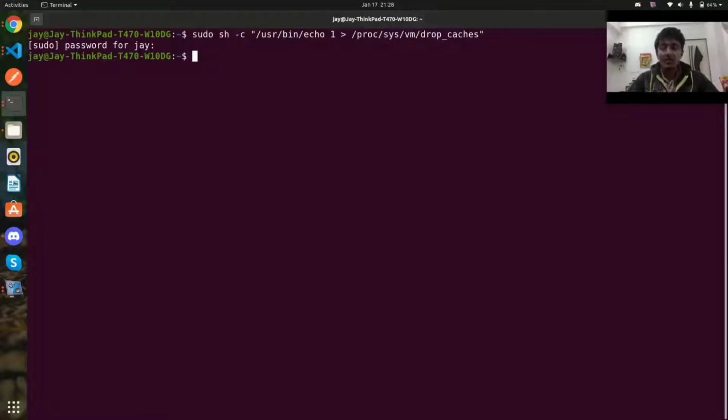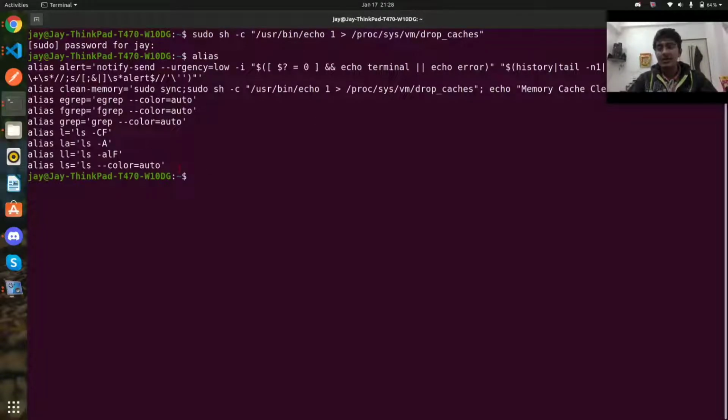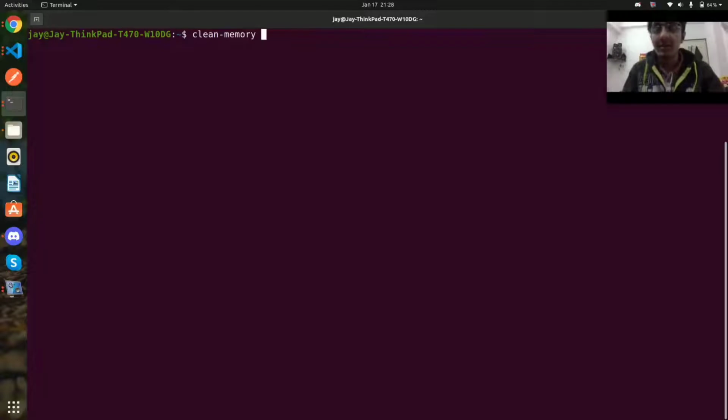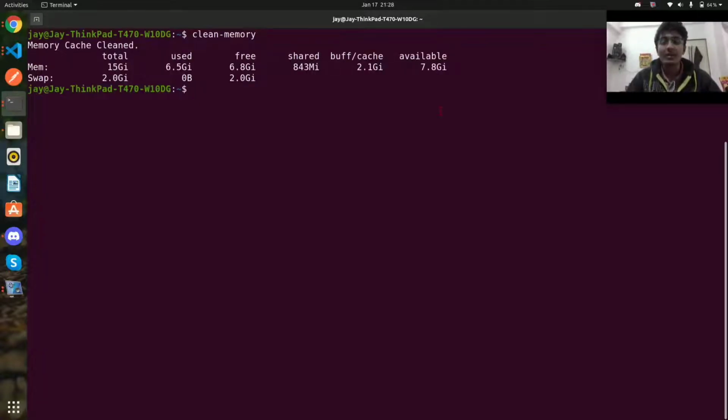Now what I have done is I also made an alias. Alias is just a name given to a set of commands chained together, so that whenever I want, I can just give this command and we are going to have our buffer freed, or most of the time a reduction will happen in the amount of buffer used. As you can see, it is 2 GB, but before executing this command, this number goes very high, up to 10 GB.